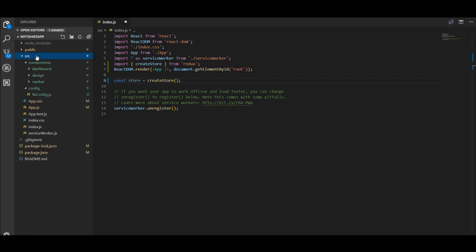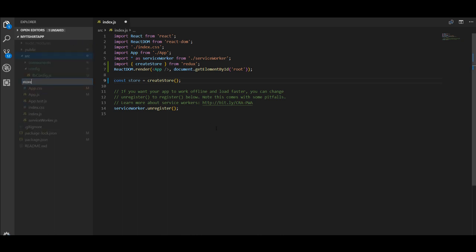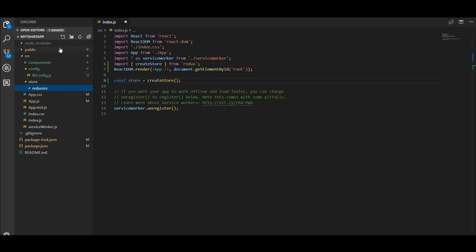So to do that, let's go to our source folder, under the components. In the source folder, let's create a folder called store, and then inside the store we'll create a reducer folder. This is where we are going to create three different files, and this is for the auth